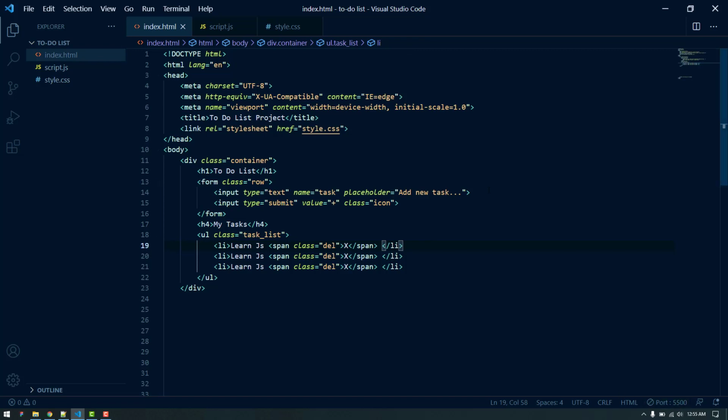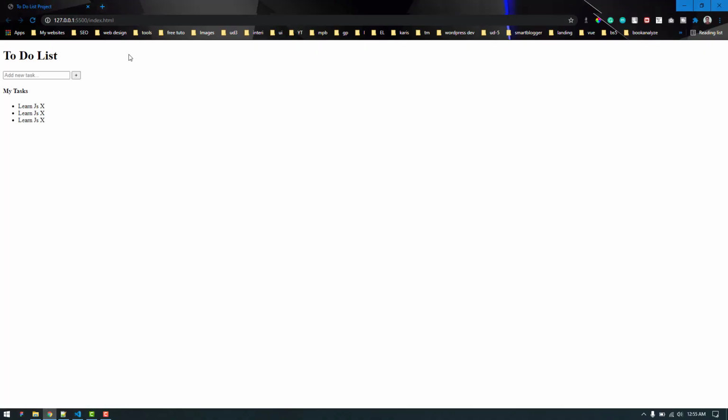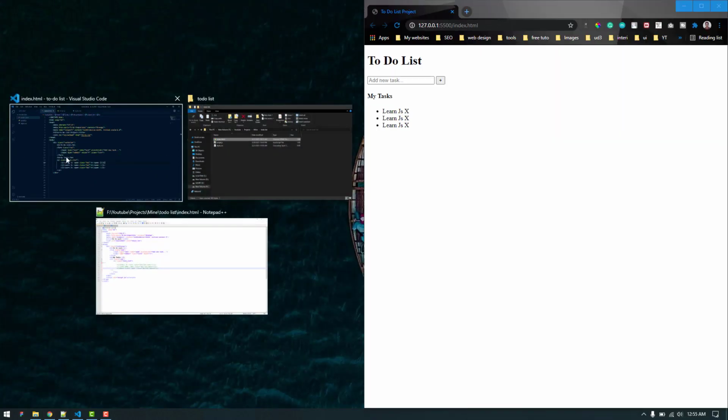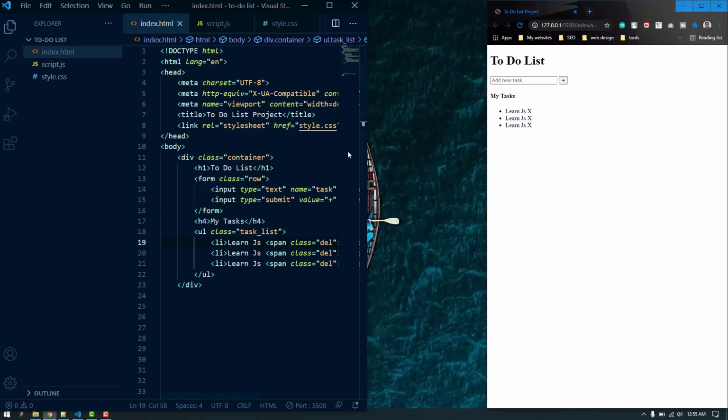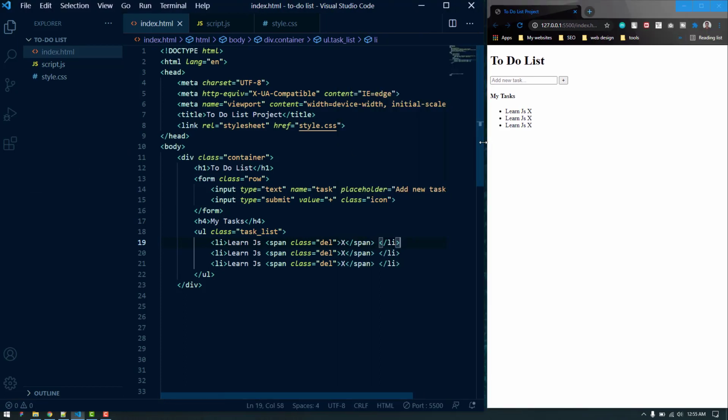I have opened the index.html with the Live Server plugin, and this is it. There is no styling in it. So let's do some stylings. I'm going to make it smaller so we can see from here. Okay,